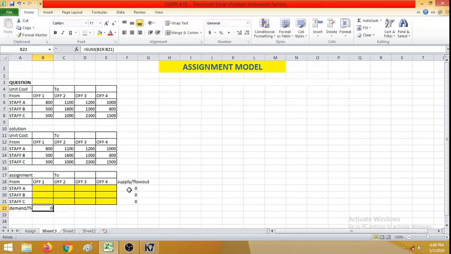Here I will just copy, and automatically it will change. You can see here the sum has changed. So these are all the cells. Here also it changed, and in office 4 also it changed. So this is supply or flow out, and this is demand or flow in.